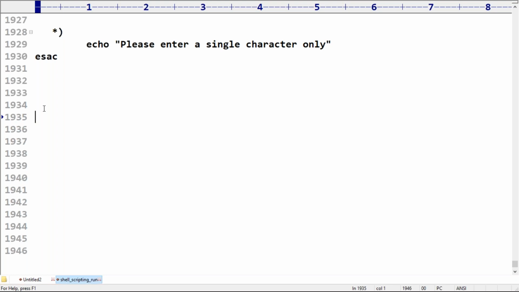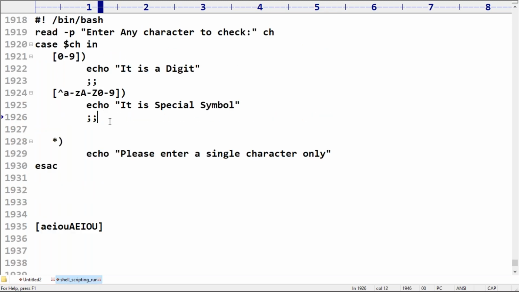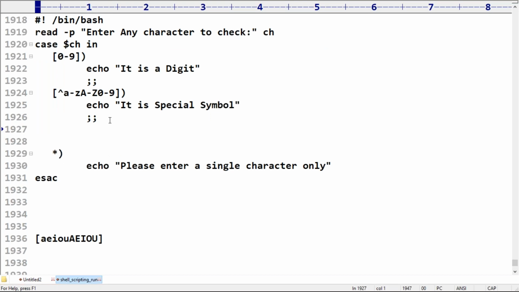A E I O U. A E I O U. Next, A E I O U. Either lowercase or uppercase, no problem at all. So if any of these, now observe carefully, sir. Here, if any of these,